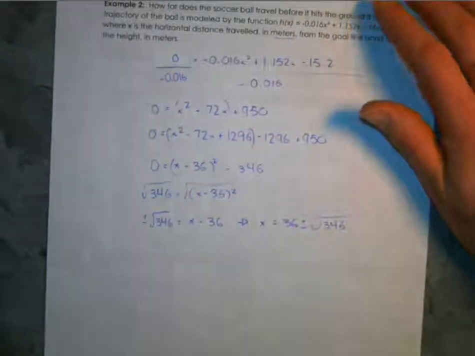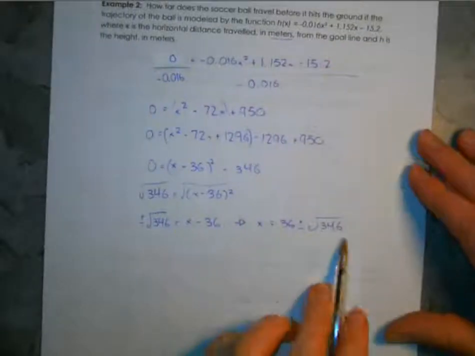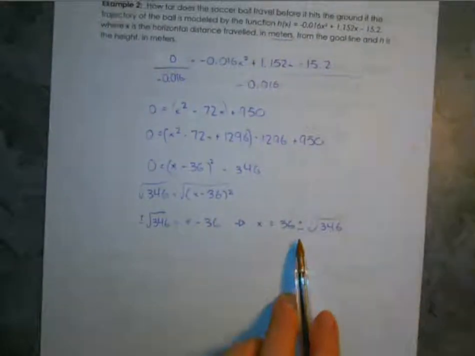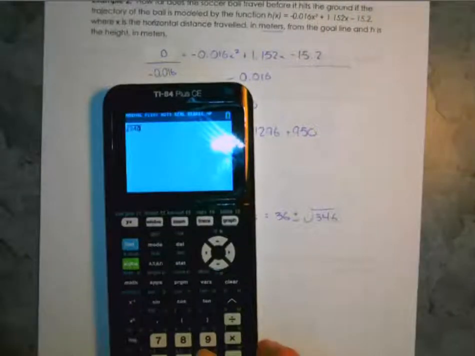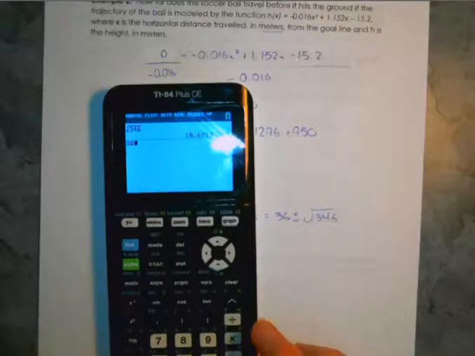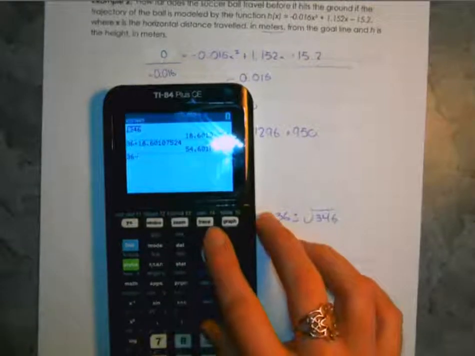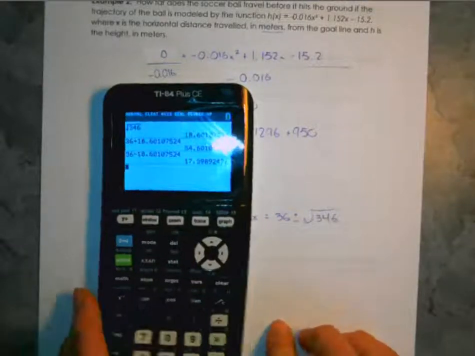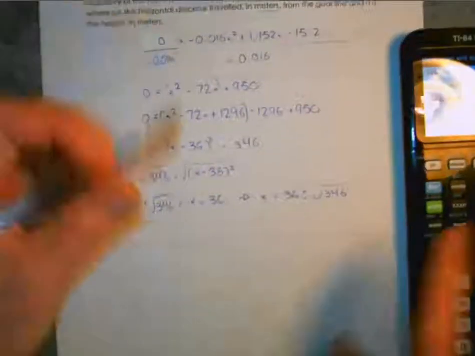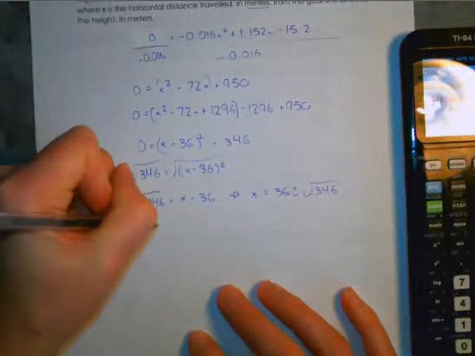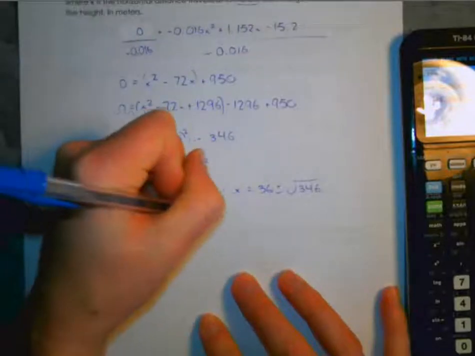Now the question asks us for the distance in meters, so we're not going to leave it as that. We're going to figure out the numbers: the square root of 346, 36 plus that value, or 36 minus that value. That ends up being either 54 or 17 as our roots. So x is equal to 54.601 or x is equal to